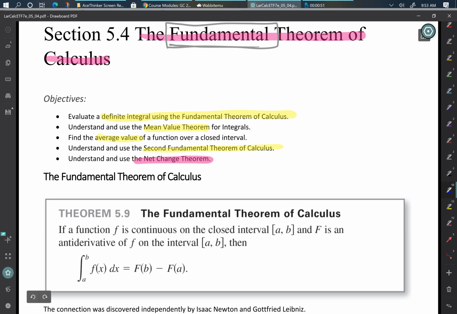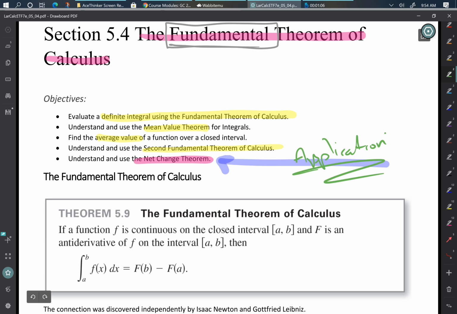Now, in my opinion, this one right here is one of the most important ones in terms of application of calculus. In terms of the word problems or the application problems, the net change theorem is really, really important. All right, but to get started, first thing we're going to take a look at is the fundamental theorem